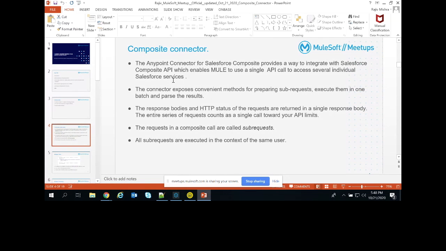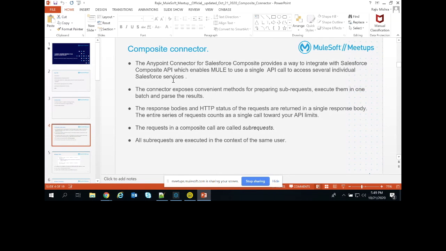But when you are using the composite connector, it will provide a single response body for all of the objects, and it will have the relationship between the account and the contact, whatever objects are there, for whatever request we are sending to Salesforce. I will also go through how we can achieve that.